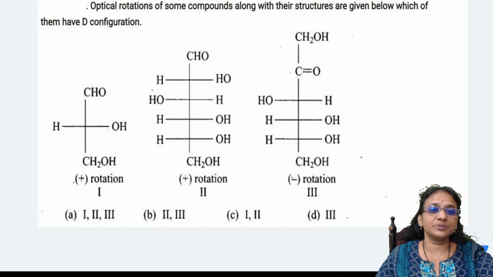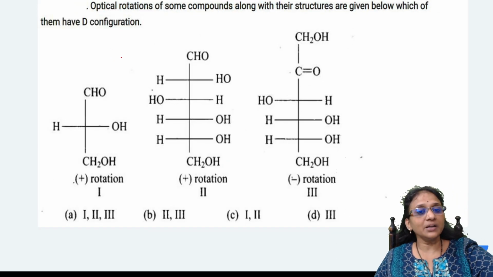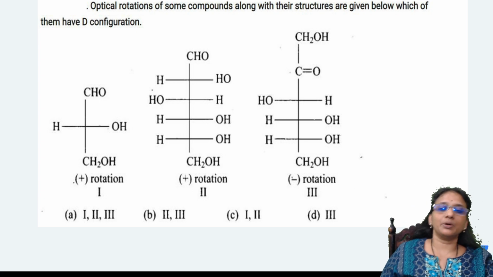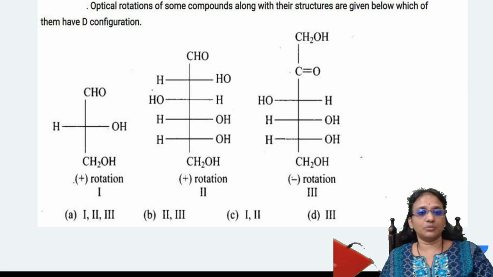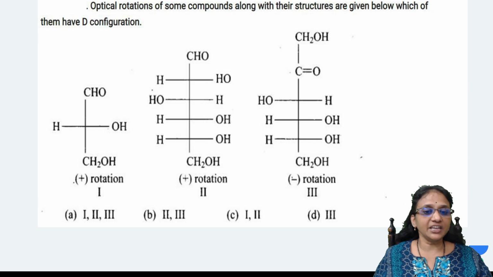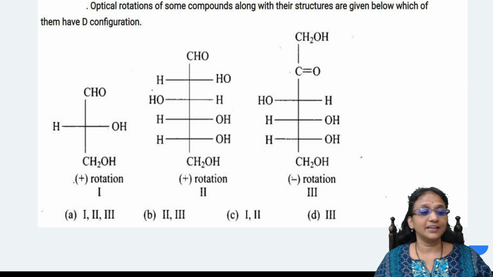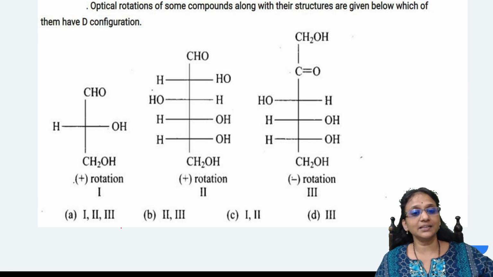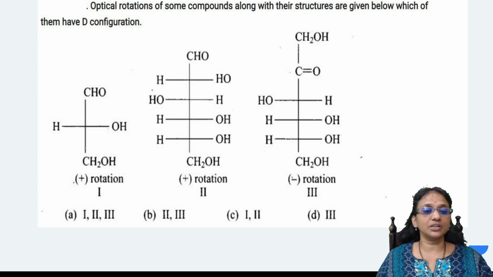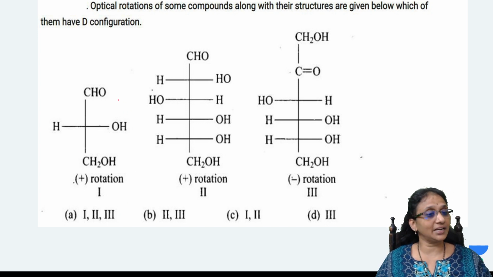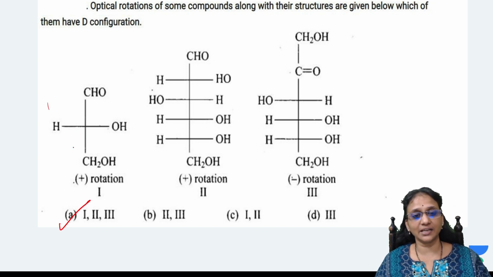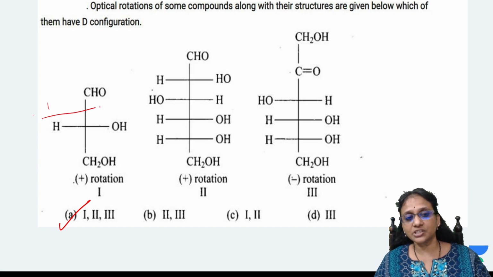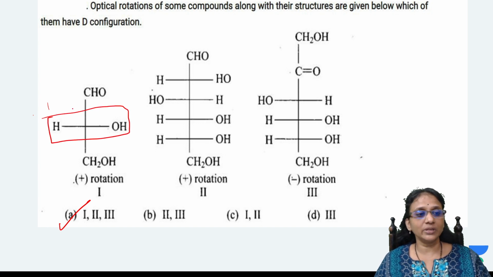Done. Next question. Optical rotations of some compounds along with structures are given below. Okay. Which will have D configuration. Okay, now see the answer, students. Basically, D configuration means you are going to compare with a glyceraldehyde molecule. Okay, right. So here the answer is 1. In D-glyceraldehyde, compare the H and OH with your